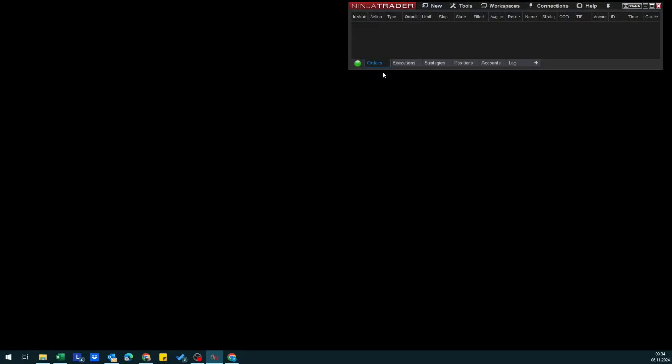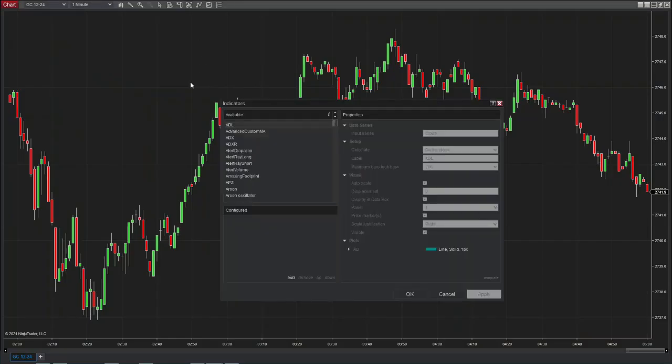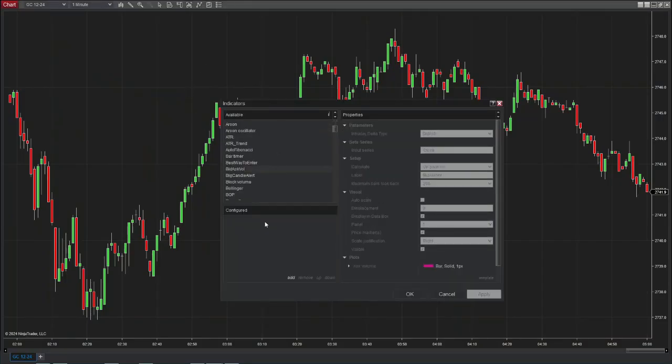Once you're done with these simple steps, please go to New and open a chart. Select your instrument. Once the chart is open, go under Indicators, look for Bid-Ask Vol Indicator, and add it to